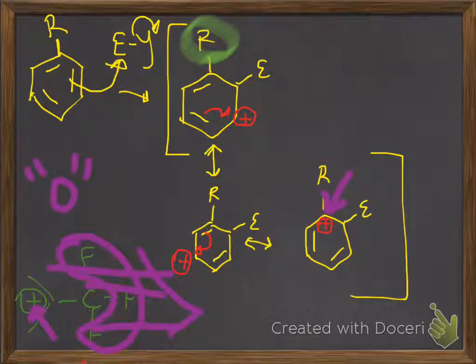Okay, so now let's look at what happens, or maybe on your own, if you want to pause the video, draw what the reaction and the intermediate look like if it's meta-directing. So you may want to pause it and work out the mechanism and what the intermediate looks like if it's a meta-director. Let me switch back to the lighter color. So if it was meta-directing,